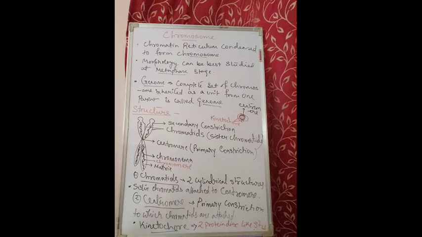It is present only in certain types of chromosomes, and the chromosomes in which secondary constrictions are seen are known as SAT chromosomes, that means satellite chromosomes. Those chromosomes are chromosome numbers 13, 14, 15, 21 and 22. They are also known as nucleolar organizer region or NOR. The part of the chromosome that remains after the NOR is known as the satellite.